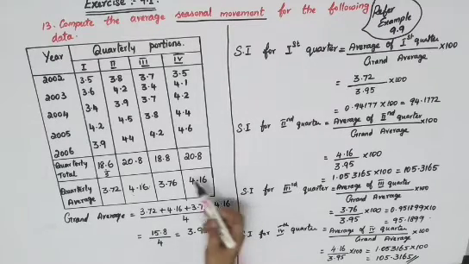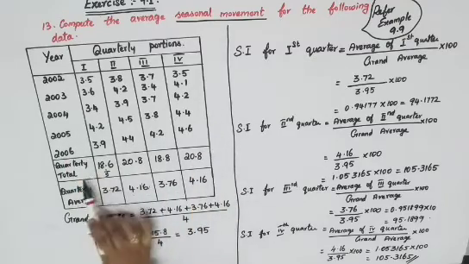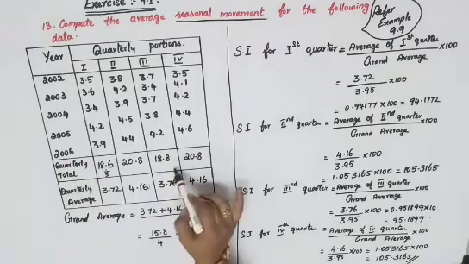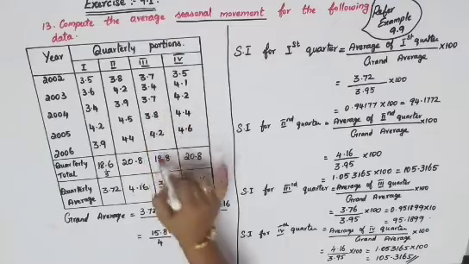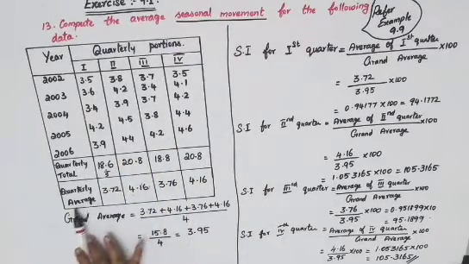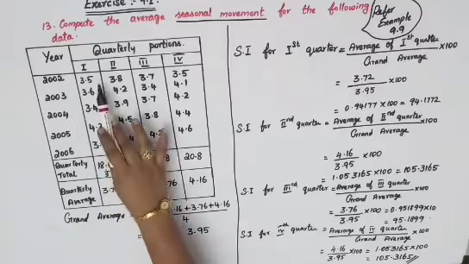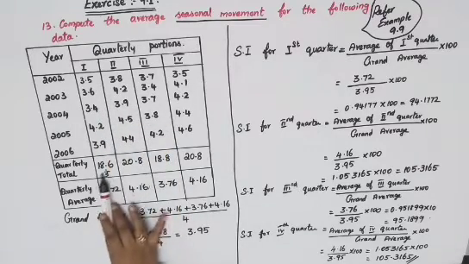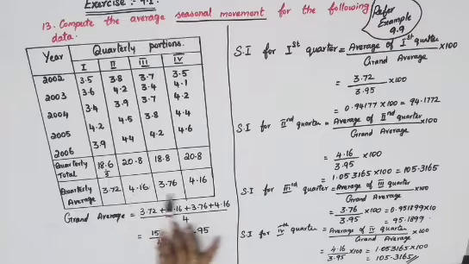So again I'll just repeat it. This will be a question. The first step is quarterly total. You will have to find it. Add all these numbers in your quarters: first quarter, second quarter, third quarter and fourth quarter. Next is quarterly average. Since you have got 5 numbers over there, divide the quarterly total by 5, and you will get these answers.